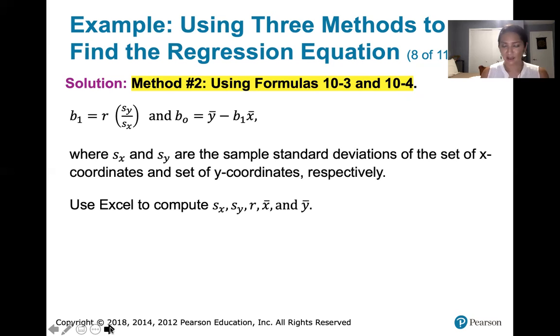We would take each x value and each y value, and we would subtract the corresponding mean. We would square those, add those together, and divide by the sample size minus 1. That would give us two sample standard deviations. That would be a lot. And then of course for x bar and y bar, we would just add all the x's together and divide by the sample size, and add all the y's together and divide by the sample size, and we could get